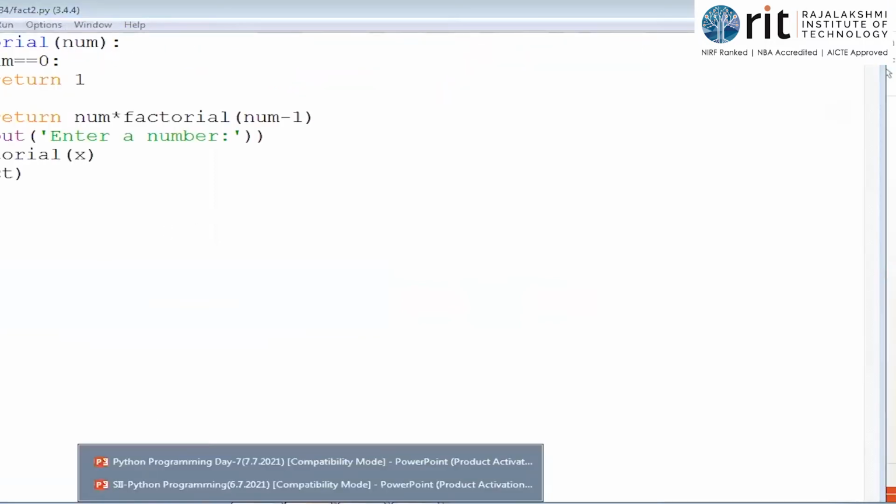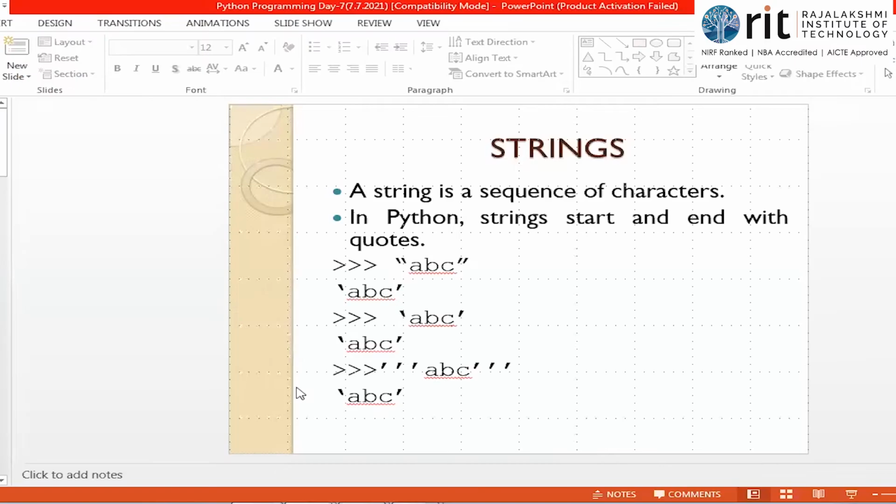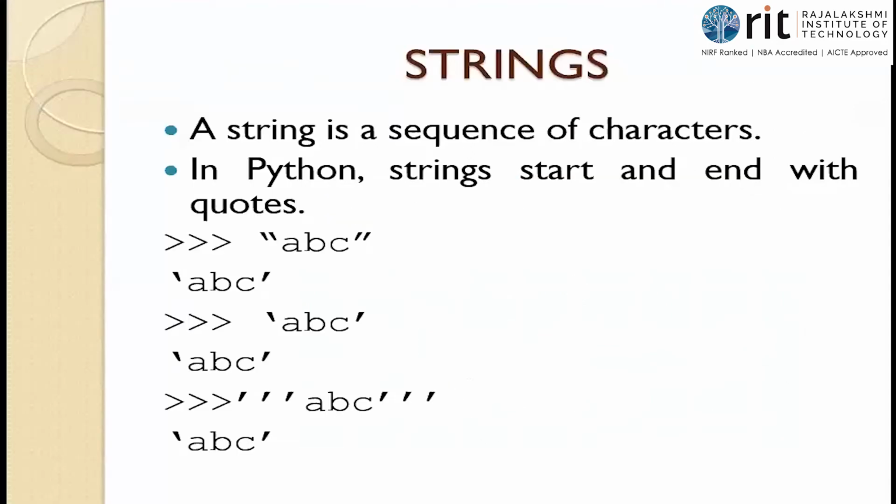So with this, the functions are over. Let's move to the strings concept. What are strings? Strings is a collective type, isn't it? It is a collection of characters or sequence of characters. Whether it is mutable or immutable, I've already listed all the mutable and immutable data types, isn't it? String is an immutable data type. Strings are immutable, which means you cannot modify a string. If you have already added a value and you want to change it, you cannot store it with the same name. You can create another string and have the modifications.